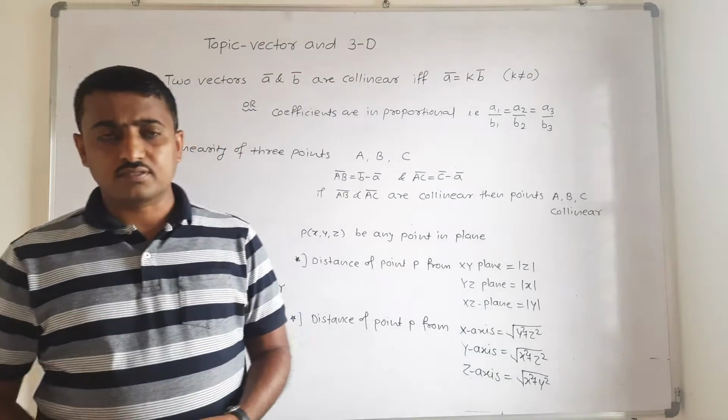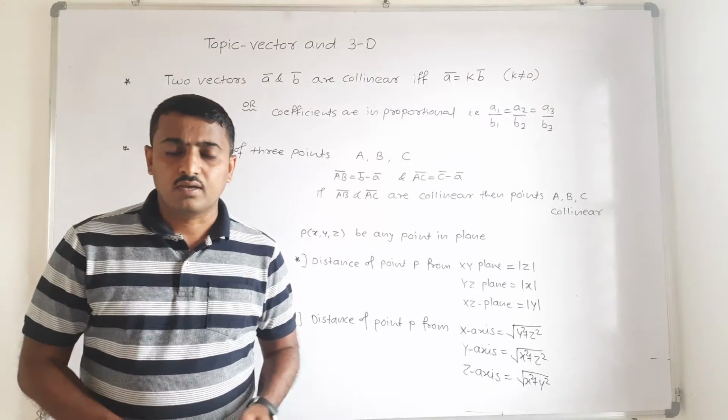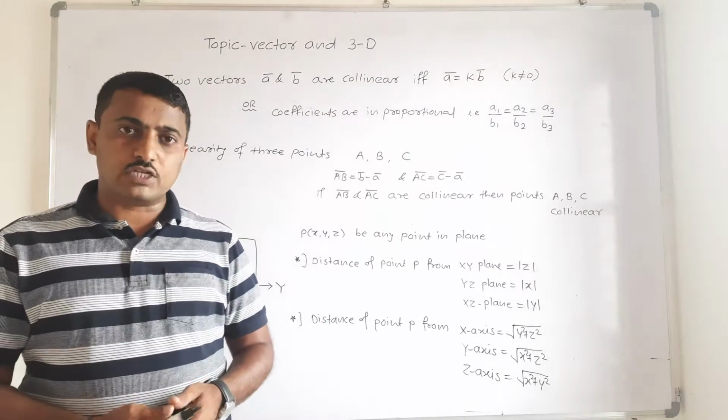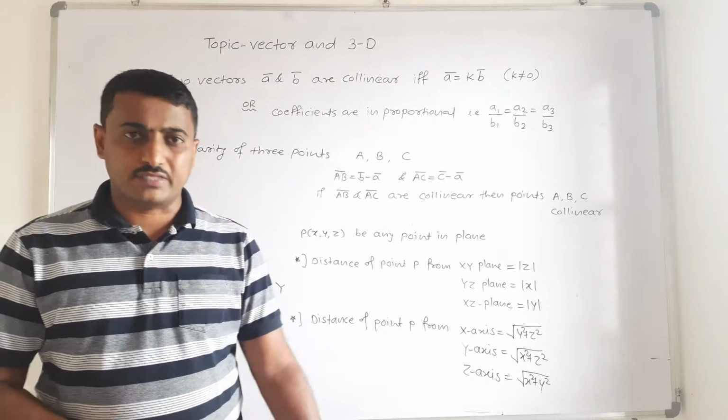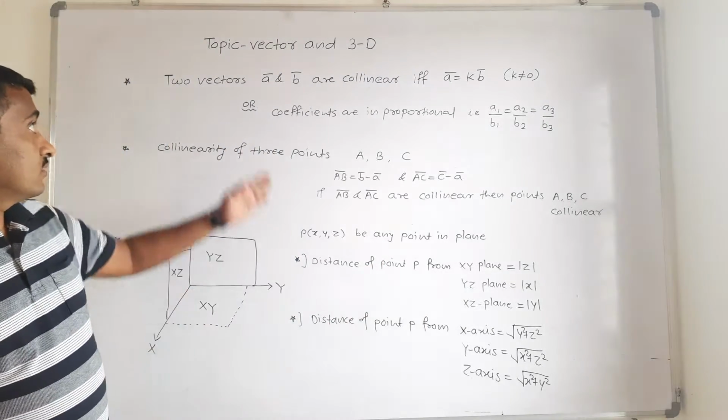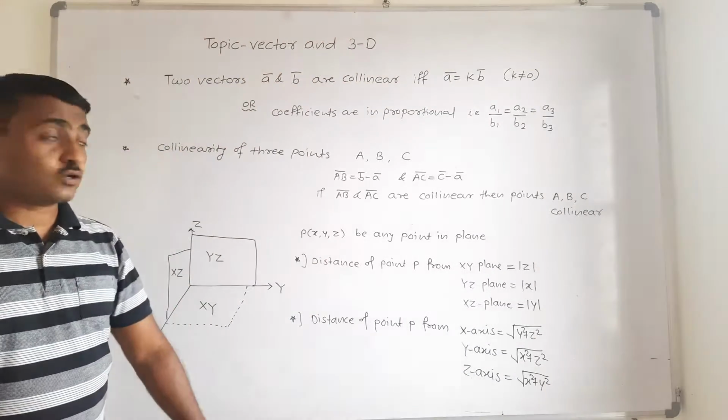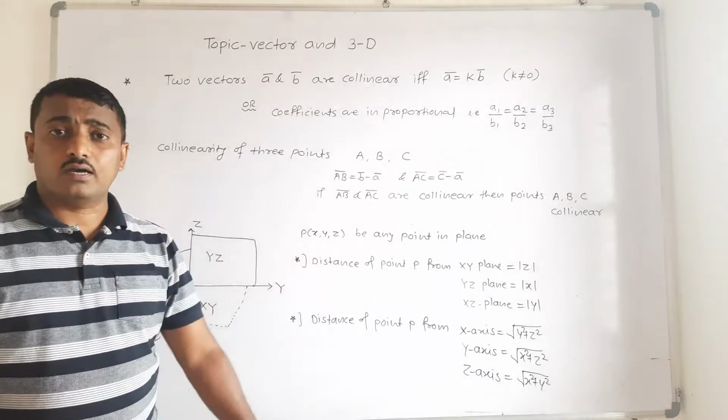गुड आफ्टरनून स्टुडंट्स. आज पुन्हा आपण बघतोय वेक्टर्स अँड 3 डायमेन्शनल जॉमेट्री या टॉपिक मधले काही आउटलाइन्स आणि त्या रिलेटेड असणारे ऑब्जेक्टिव्ह. नाउ फर्स्ट, two vectors a bar and b bar are collinear if and only if first vector is